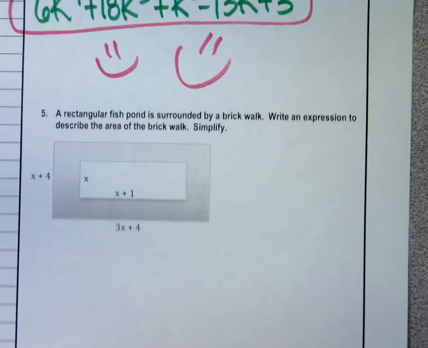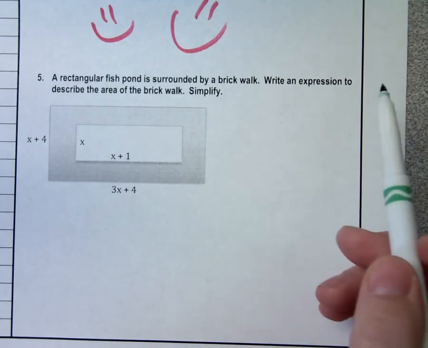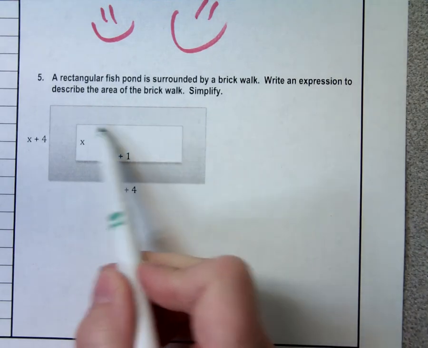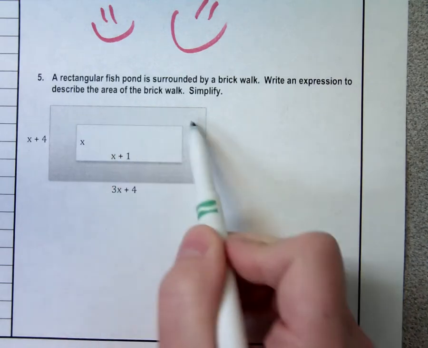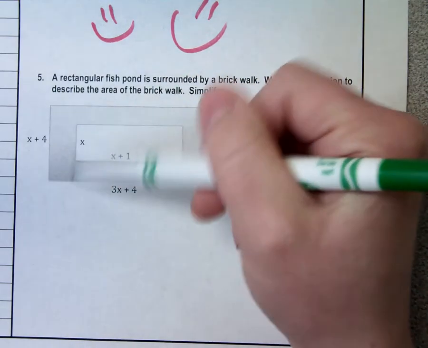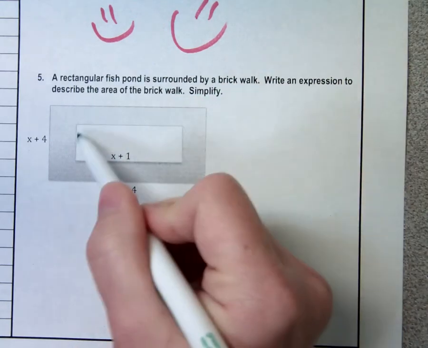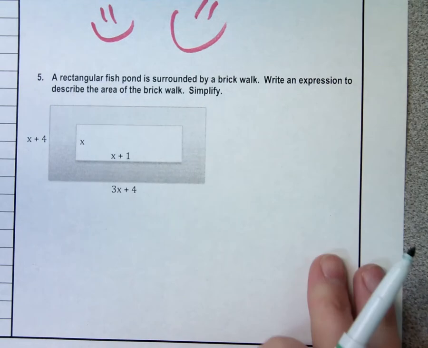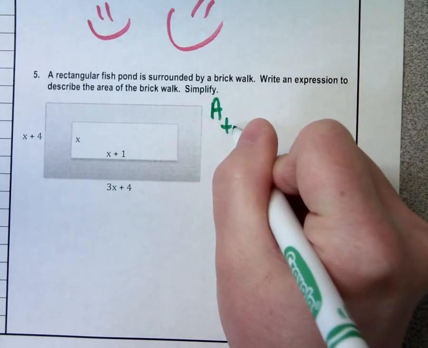Okay, this next one. We've done several of these lately. This is getting to be very, very simple. I want to know an expression to describe the area of the brick wall, and we have this rectangular fish pond. It's surrounded by a brick wall. So basically I want to know the area of the shaded piece. So I'm going to find the area of all of it, and that's going to be too much area, and then I'm going to subtract the area of this inside part that I don't want, and that'll give me my answer. So let's start with the area of the total thing,